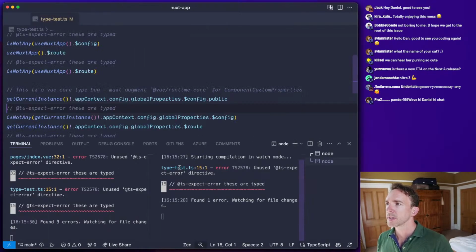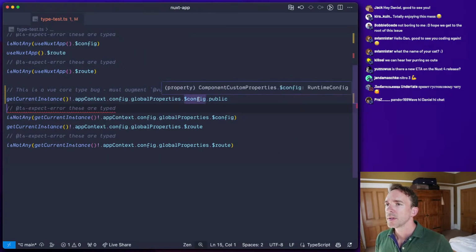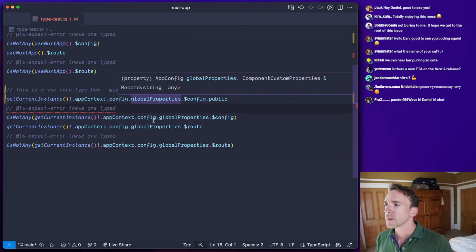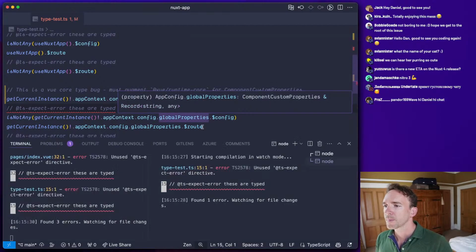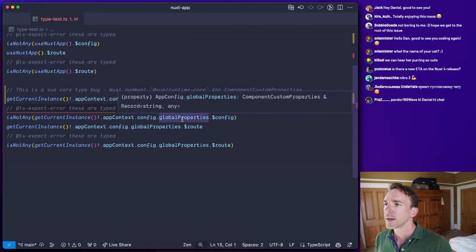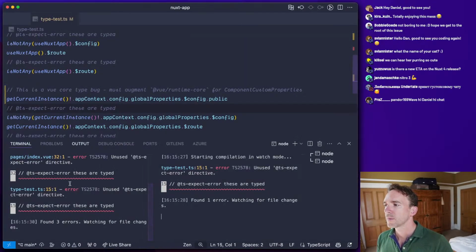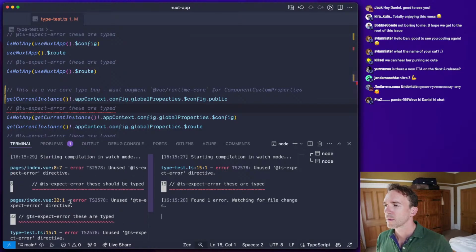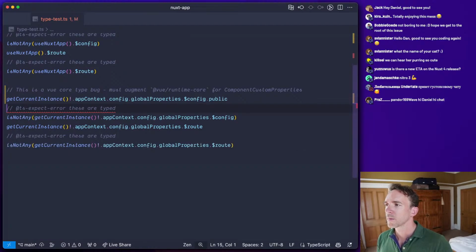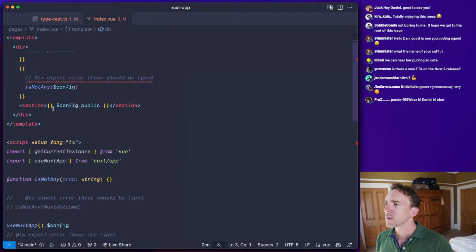I mean from TSC itself. So this is typed in the IDE, but it's clearly not typed here. And maybe I should also somehow specify